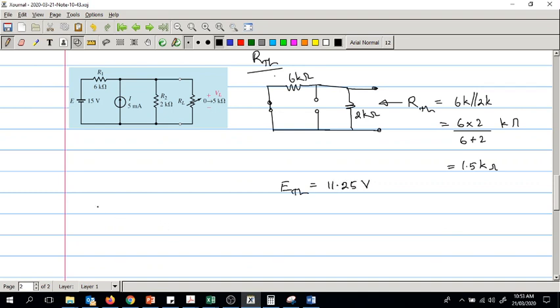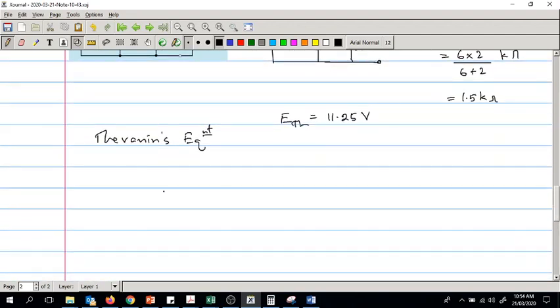So now the Thevenin's equivalent is ETH and RTH. ETH is 11.25, RTH is 1.5k, and you have variable RL, right? RL. So this is equivalent, and